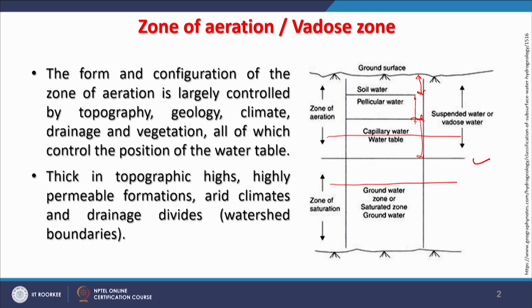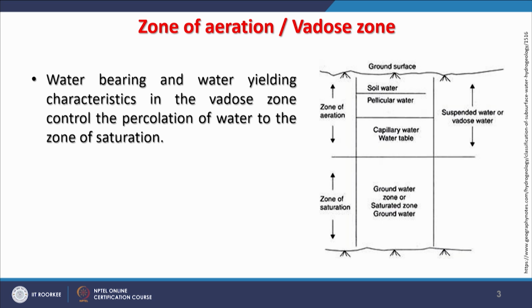But in the lower areas, like topographic lows, with low or high permeable conditions, and other parts of a watershed, we may get different water conditions. So, water bearing and water yielding characteristics in the vadose zone, the top part above the water table,